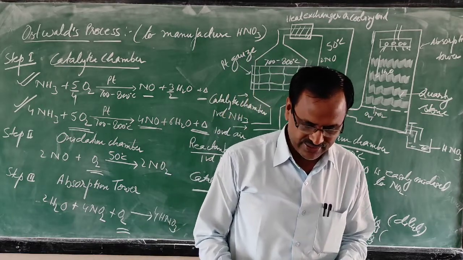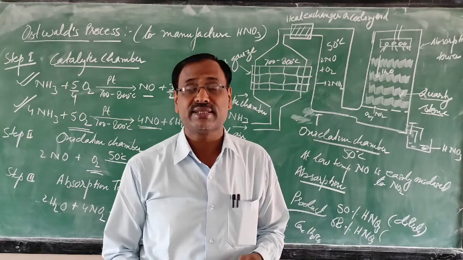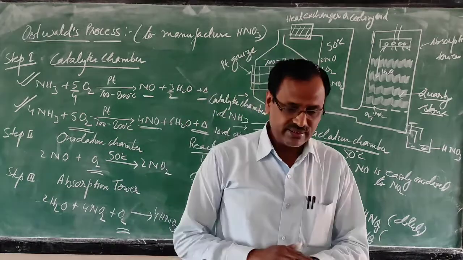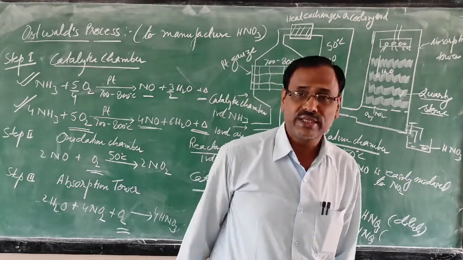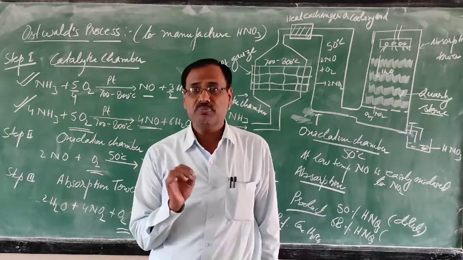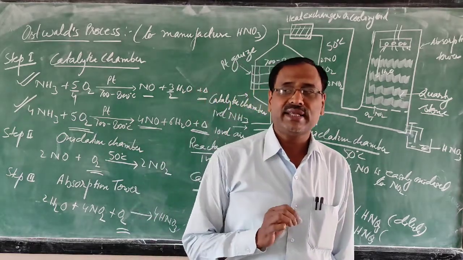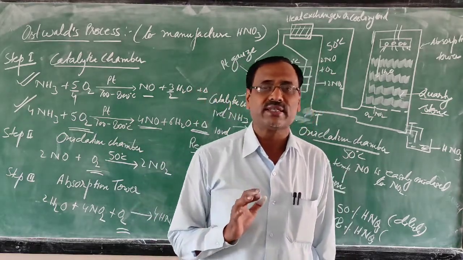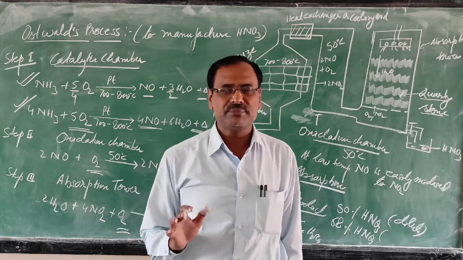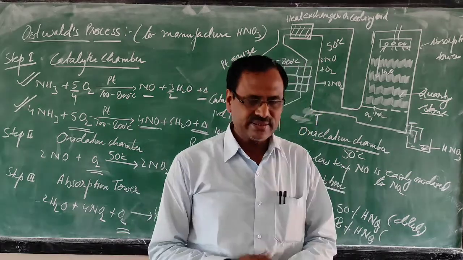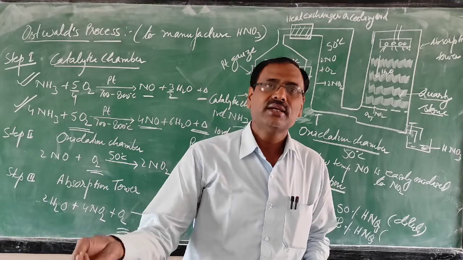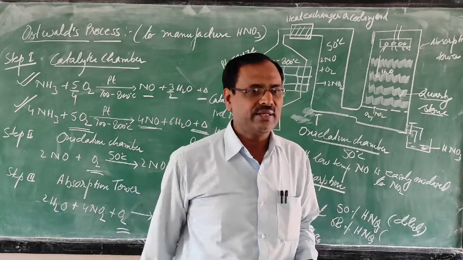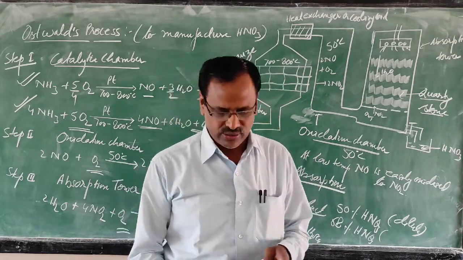Nitric acid affects the skin if it falls on it accidentally. In our skin, xanthoprotein is there, and this xanthoprotein reacts with nitric acid to form xanthoproteic acid. Because of the formation of xanthoproteic acid, your skin turns yellow. So when nitric acid falls on our skin, it turns yellow.